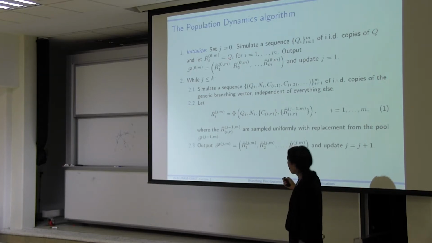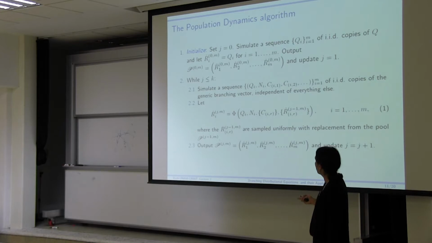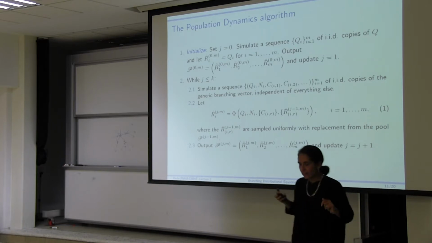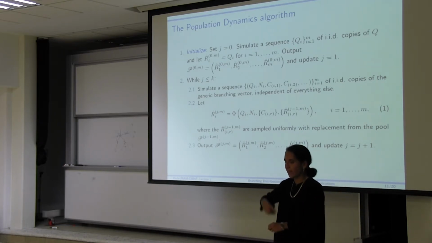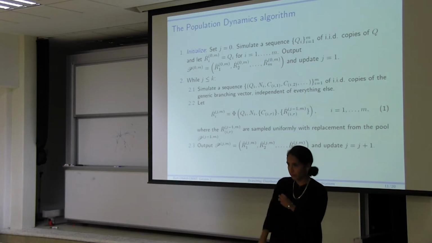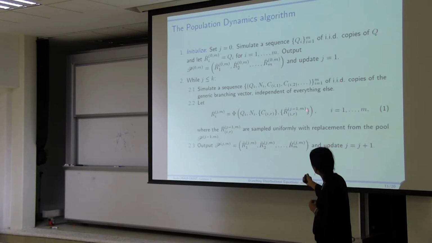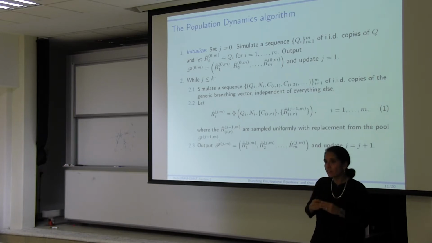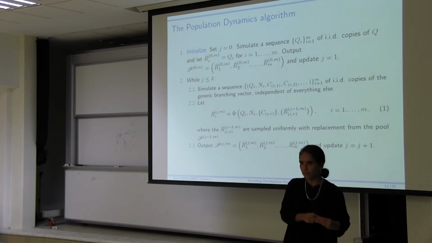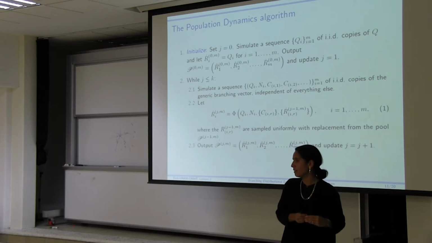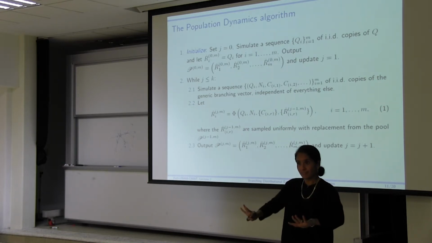And now, when I'm going to compute my first batch, to go from level J to level J minus 1, rather than sampling from that pool and tossing them away after I use them, I put them back in. So I'm resampling. And then, with those resamplings, I'm going to construct another pool of exactly the same size as I had before. So if I started with an M of 1,000, in the next iteration I'm going to have another M of 1,000. I haven't lost anything. Rather than losing 1 over mu, I haven't lost anything.